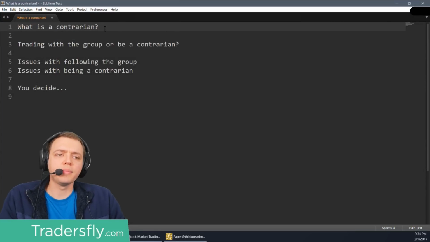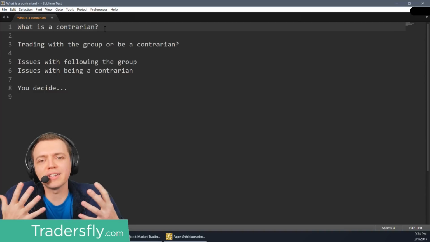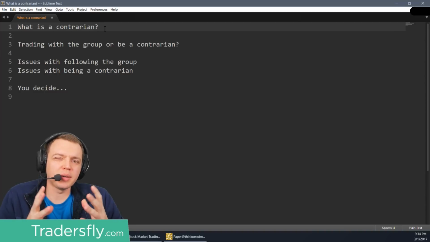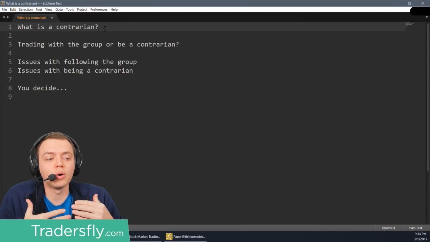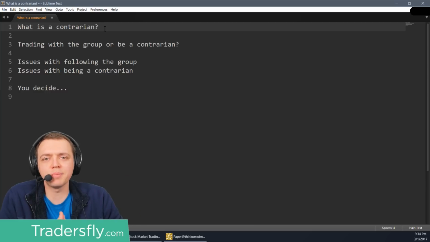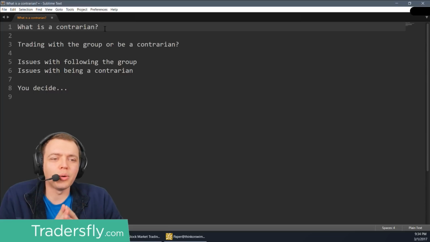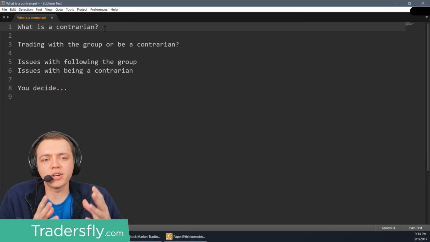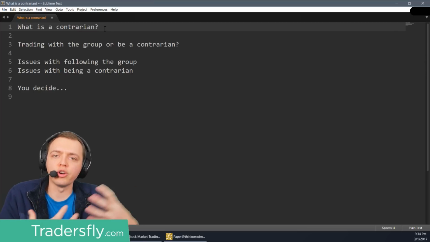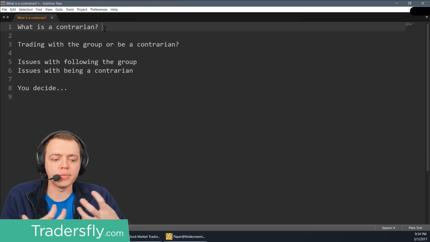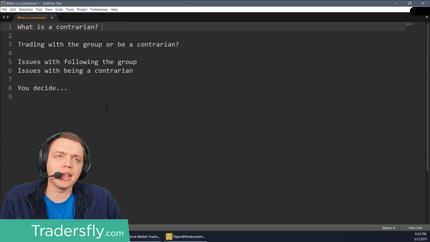In the marketplace, we really have two main kinds of traders, you could say: contrarian traders, or people who follow the herd or the herd mentality. I typically don't like to use the word herd simply because I don't like the appeal of that word. But in either case, it's people that are usually contrarian or people that follow the group of other traders. And if we know and understand that